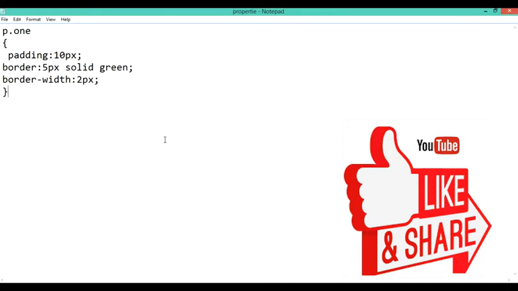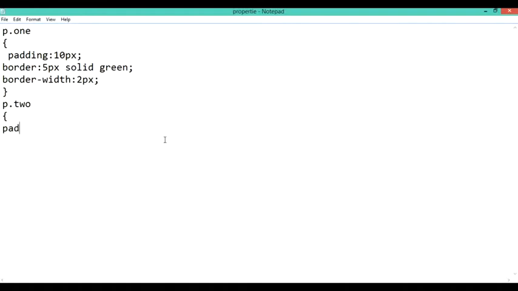Now we have some other properties also involved whenever we are talking about border. To understand those properties, I am using a different ID, or you can say a different class over here, whatever you want to use. You can use an ID also, you can use a different class also. In my case, I've used a different class in which I've given the padding, and then I have used a